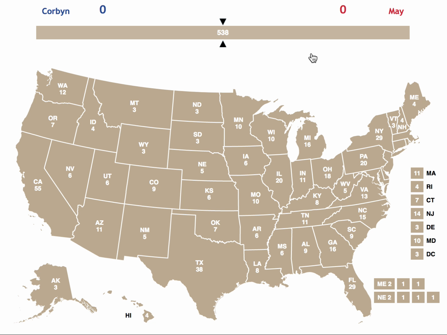So today we have Jeremy Corbyn representing the Labour Party. I'm pretty sure everyone knows who he is at this point from the United Kingdom. I'm giving him the Democratic Party because obviously he's a little bit more on the left than Theresa May. And Theresa May representing the Conservative Party, obviously that correlates directly with the Republican Party, but their ideals aren't exactly